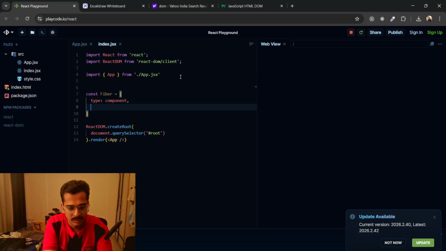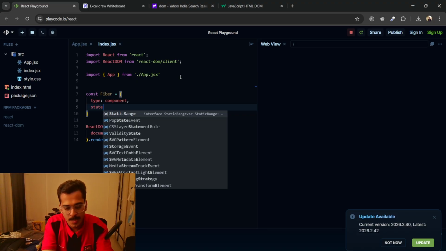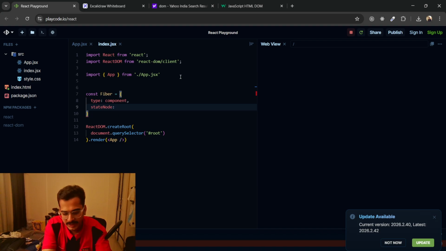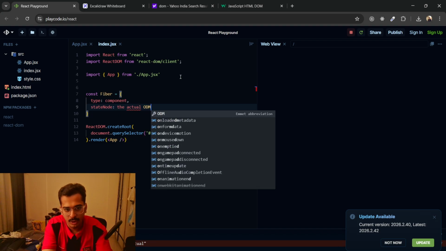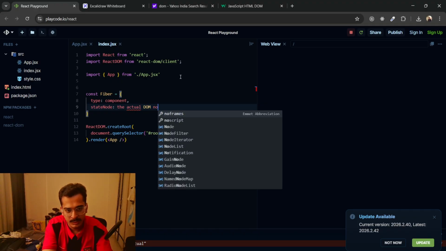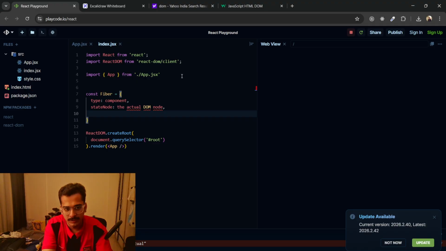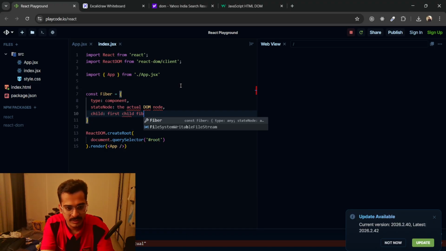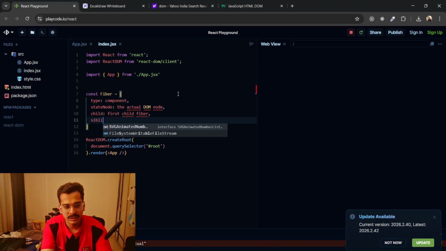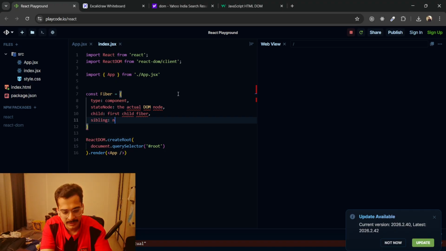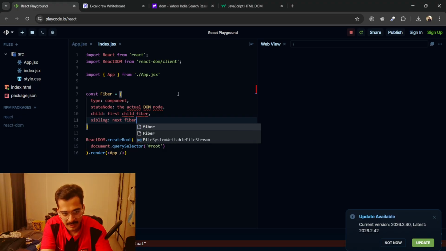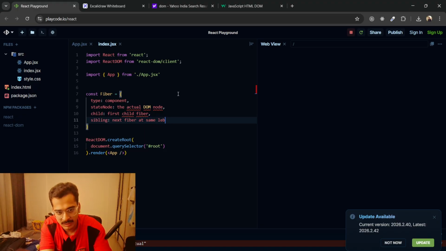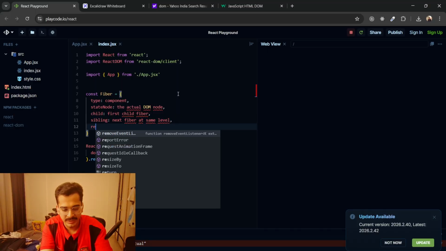There's a state node, which will contain the actual DOM node. It will contain child, the first child fiber, or siblings. Siblings will be the next fiber at the same level. I'll explain everything and then return